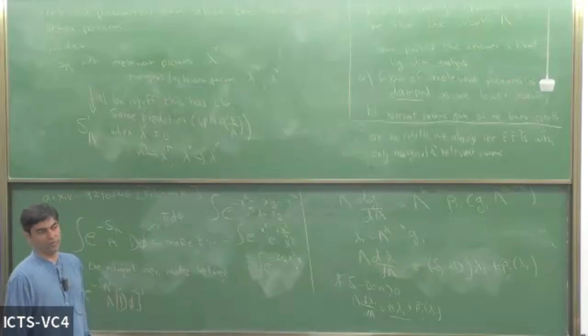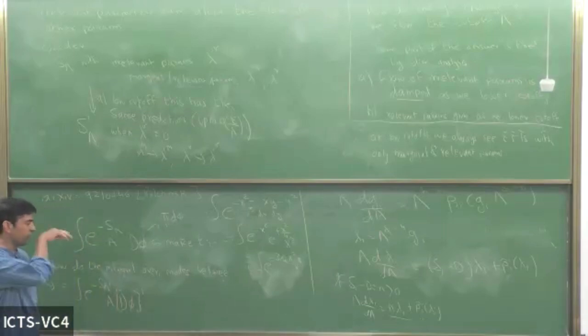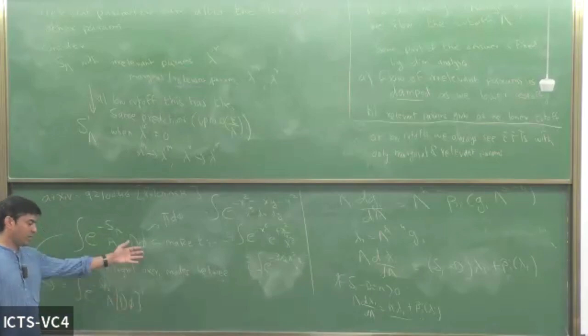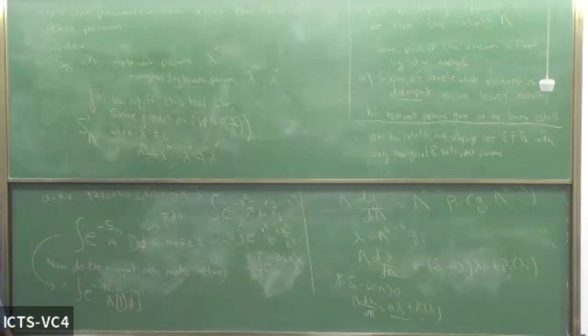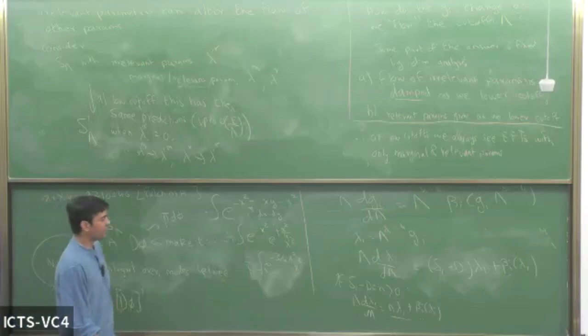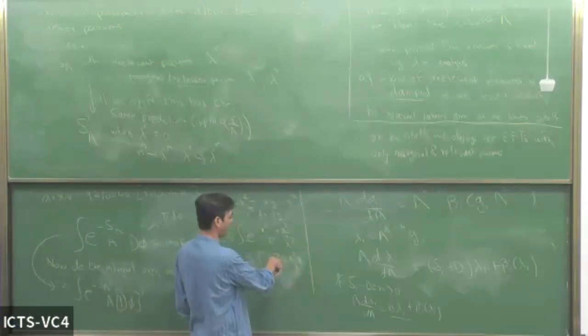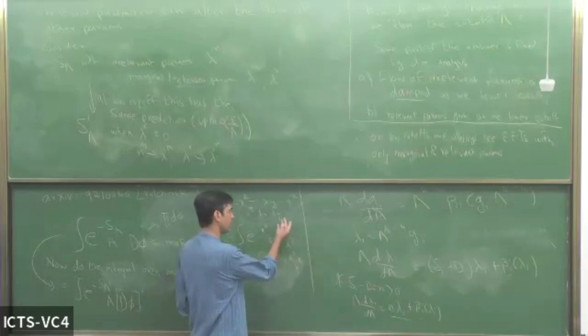You can do this in position space. You can ask a question about correlation at distances which are very large compared to this scale, and that observable is largely insensitive to what you do with lambda. But we are not using that as a criterion to calculate the new action. It's not that I said the expectation value of x cubed shouldn't change, therefore I got the 3 by 4. I got the 3 by 4 by doing the integral over y.